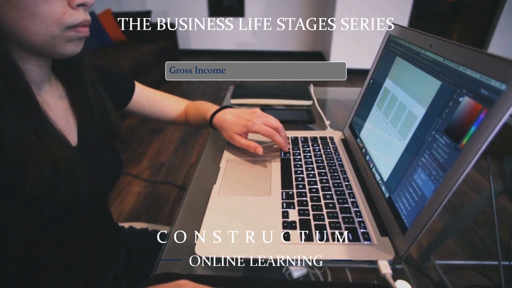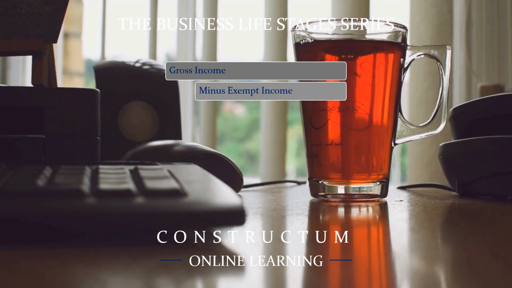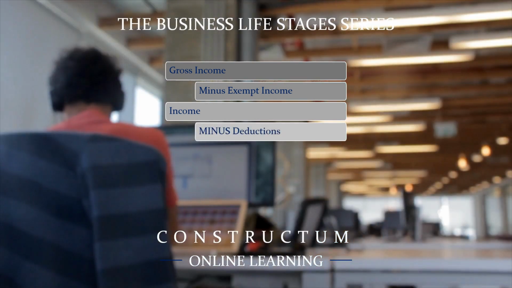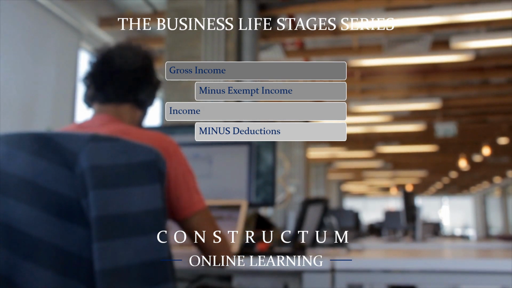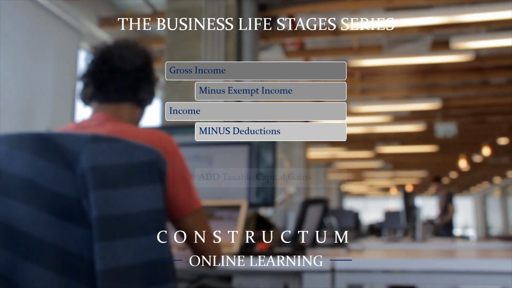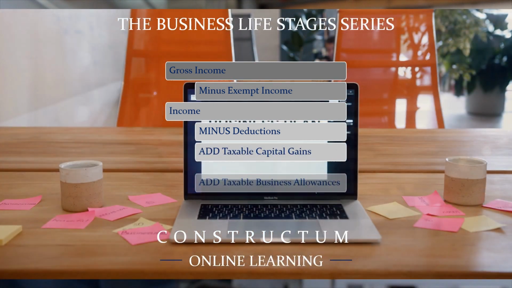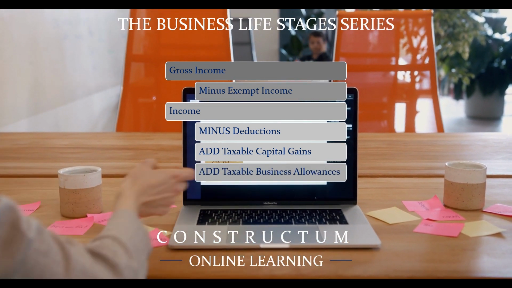Then, from gross income, deduct your exempt income. Primarily, that would include local dividends and the first 23,800 Rand of interest earned if you are under the age of 65. Gross income minus exempt income gets you income. Then you deduct from that any deductions. Now, the receiver of revenue allows for a variety of deductions, including expenses in the production of income and contributions to certain retirement funds, but there are limits that apply.